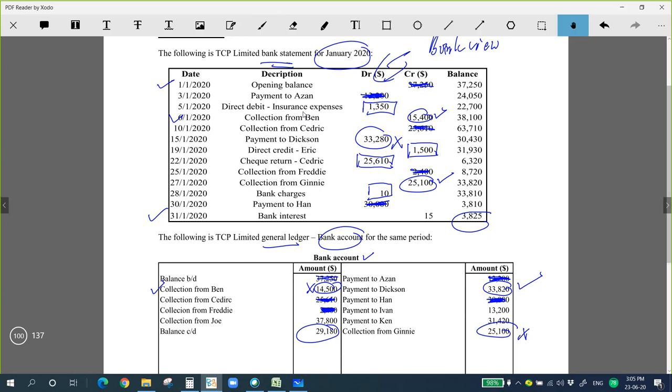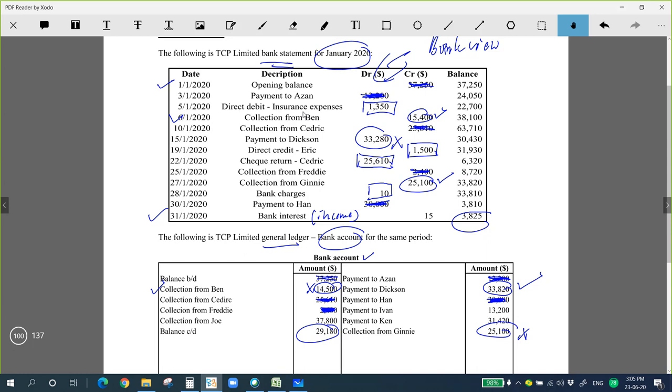And then last one, bank interest. Here the bank interest shows in a credit, right? So meaning that this is a bank interest income. We receive this 15. When you receive the money, this is income. When you pay, this is expenses. So how much do we receive? We receive $15